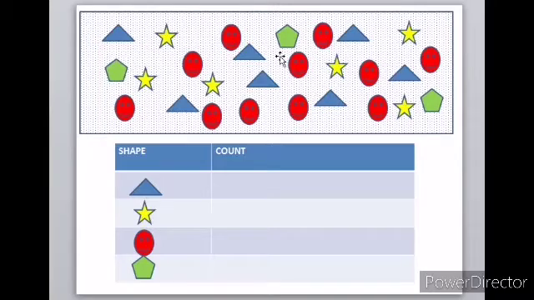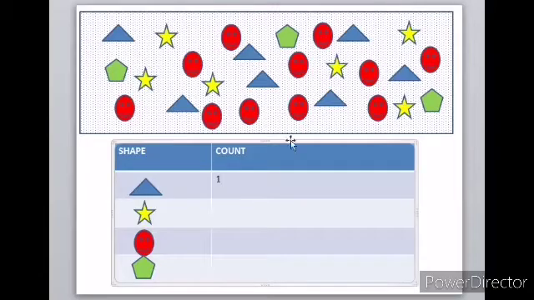So naturally what we will do, we will first write all the shapes that they are telling. See, in the table below I have written all the shapes like triangle, star, smiley and pentagon. Now we will start counting and writing. If one person comes and tells triangle, we will put 1 before triangle. If another person again tells triangle, we will put 2, and so on. Here I am putting 5, 6, 7, like that, according to the triangles.